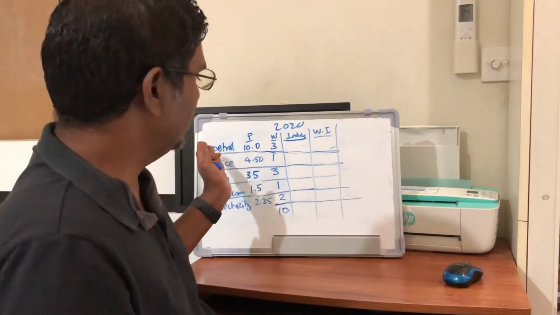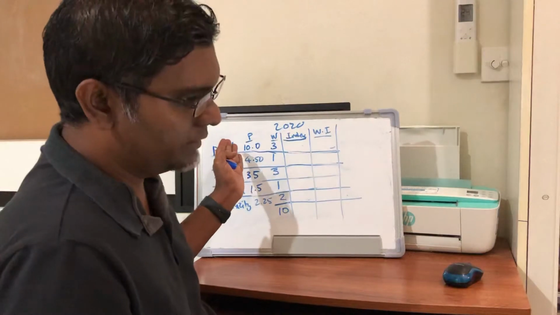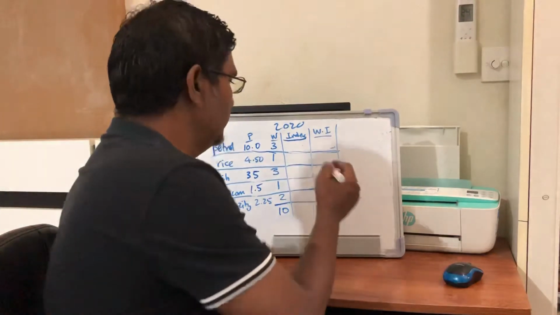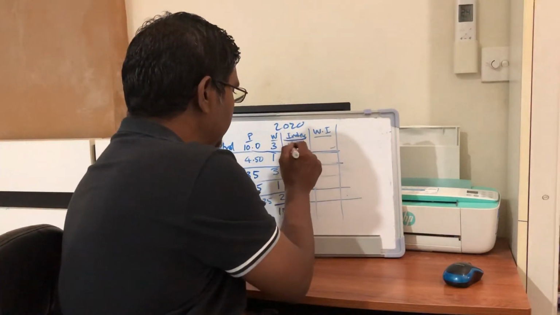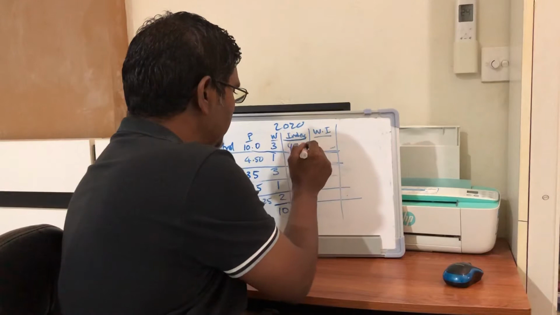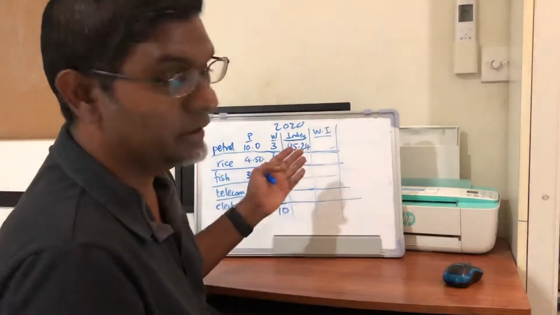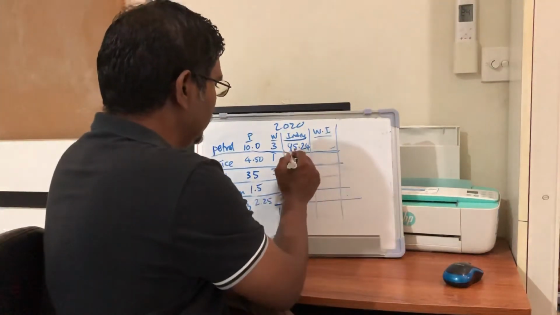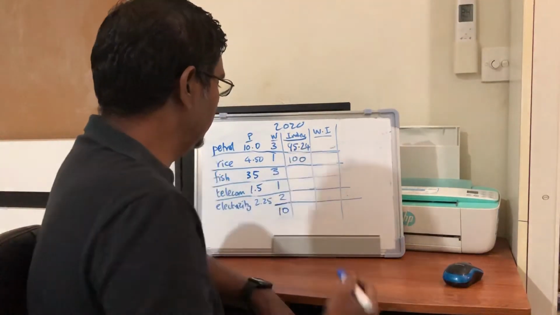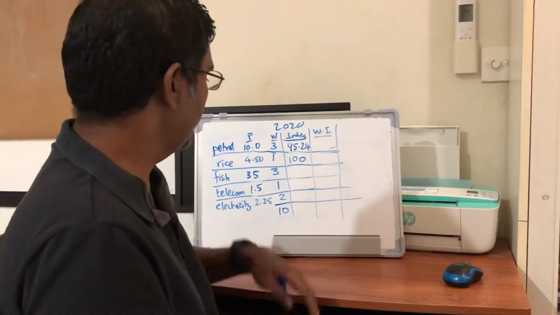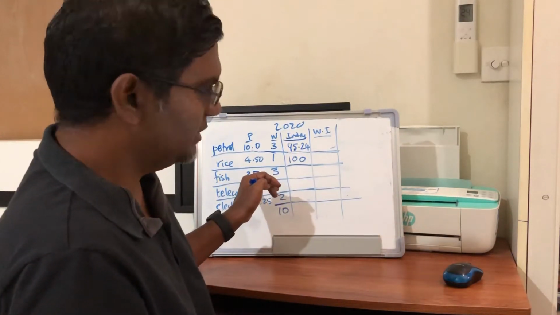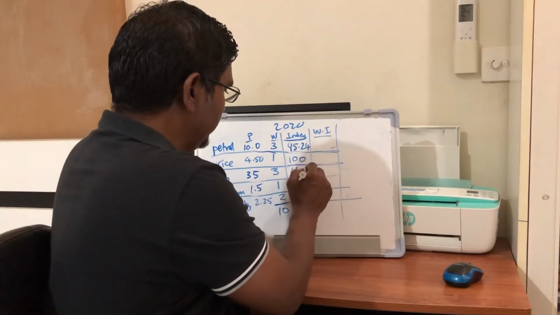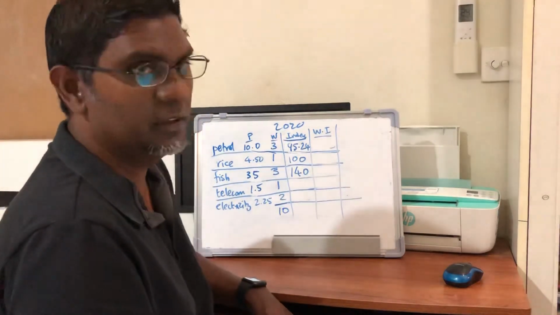So we are talking about a reduction from the price of 10.5 to 10. So that means it would be something like 95.24 will be the new index. The price of rice has remained unchanged, though, so the index will be 100. The price of fish has increased from 25 to 35, so that means it's a 40% increase, so the index will be 140.